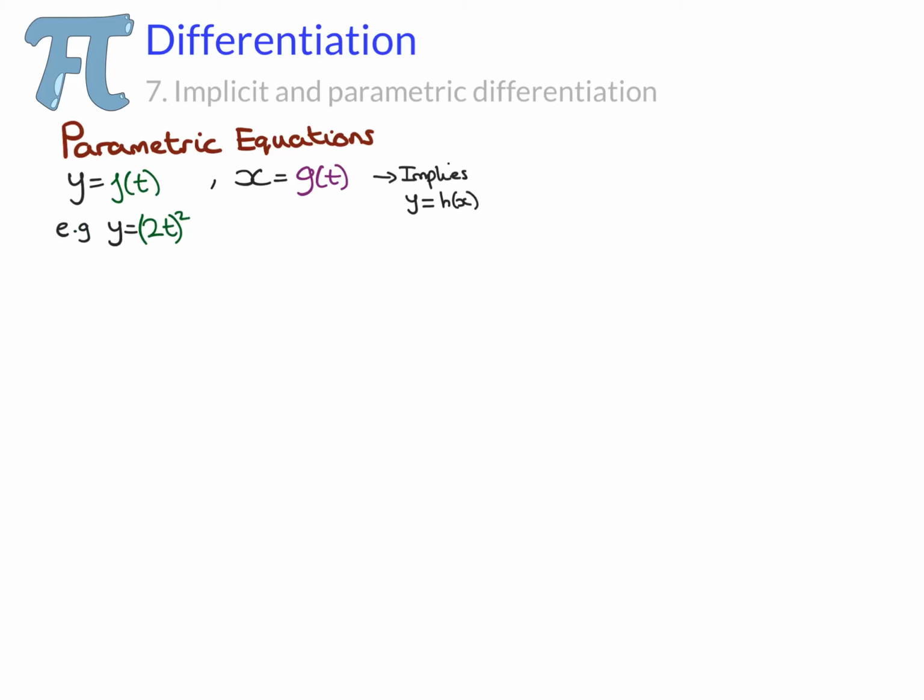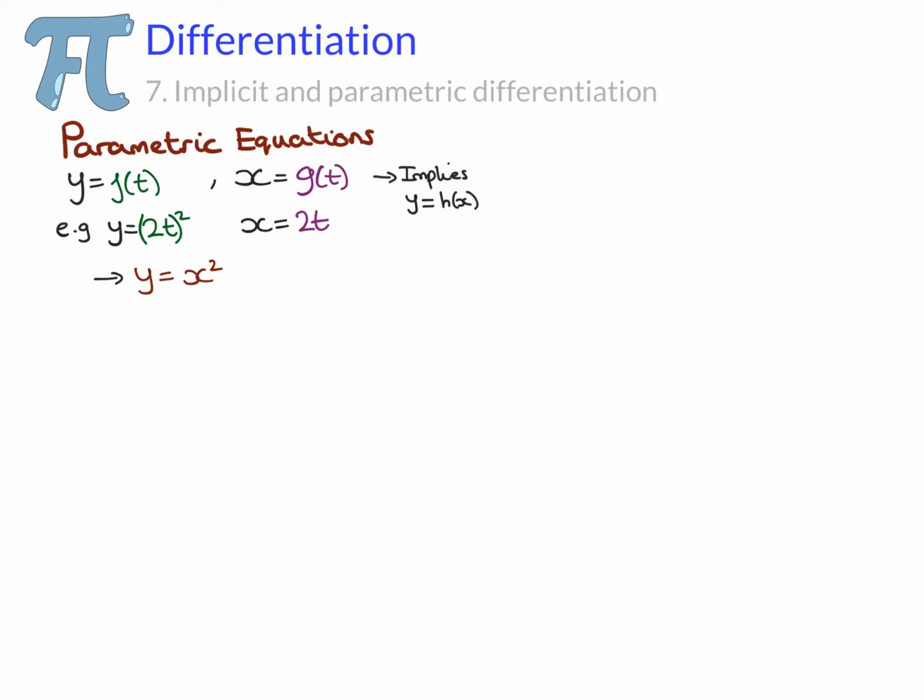For example, if y was equal to 2t squared and x was equal to 2t, we realize that y is equal to x squared. It would be quite pointless to express y is equal to x squared parametrically, but in some cases it can